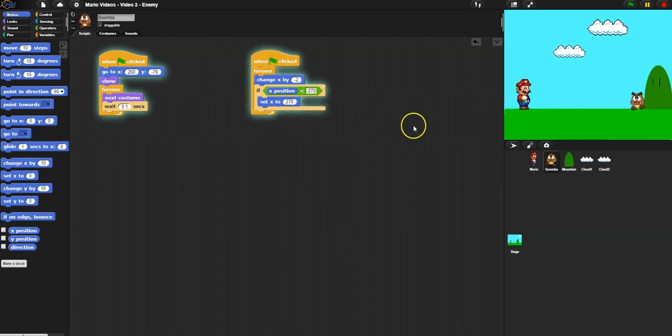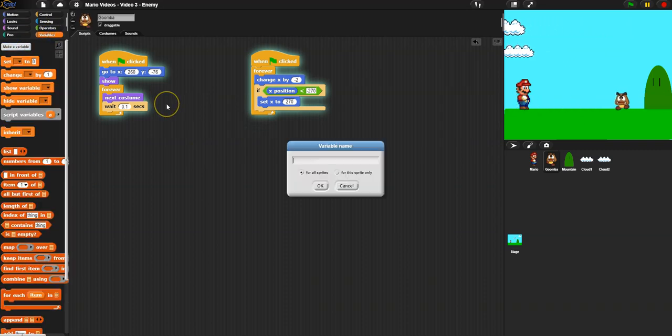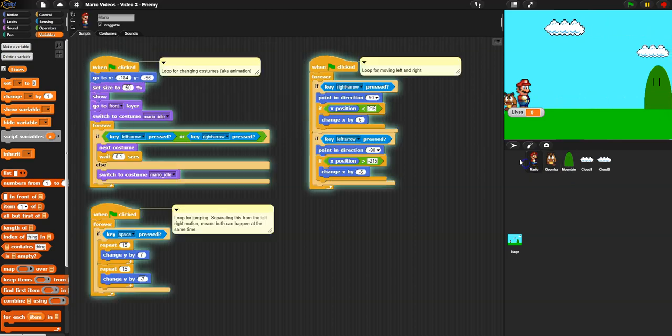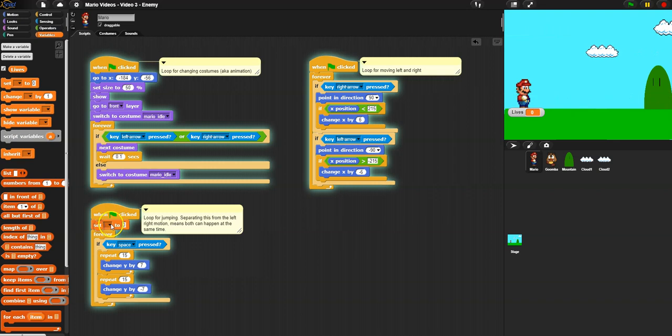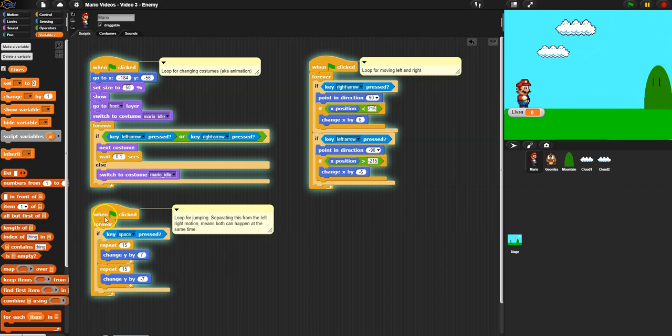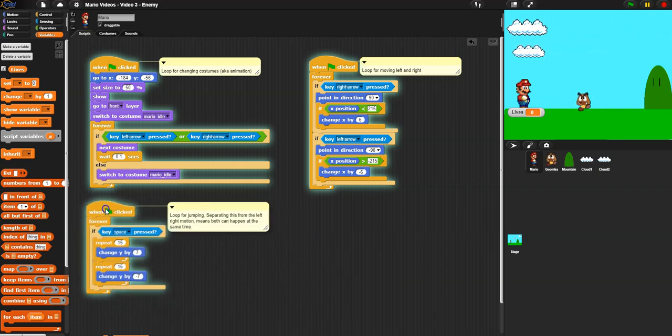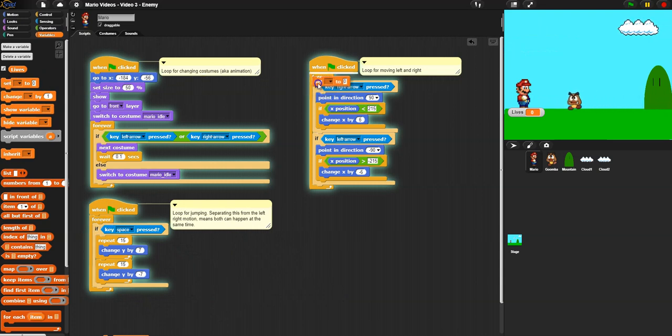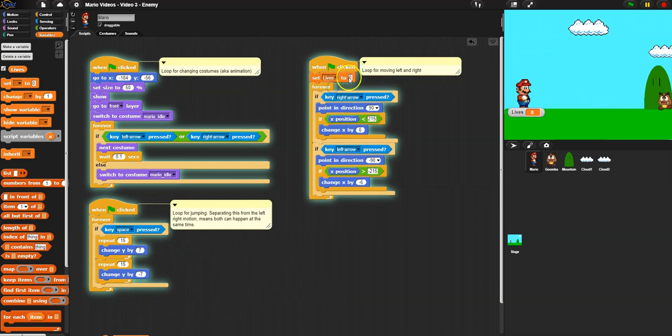But now we need some collision detection. Now, the biggest problem people have when they do this is, let's say we have number of lives. You don't need to do this, but I just made a variable called lives. And I'm going to go over to Mario. And at the beginning, I'm going to say set lives to 3. Okay, actually I'll do it in the left-right motion. Whoa, where'd it go? It just disappeared. Whoa, that was crazy. Anyways, over here on the motion, I'm going to set lives to 3. And then I'm just going to throw in here, if